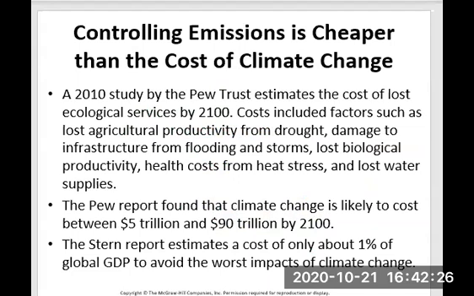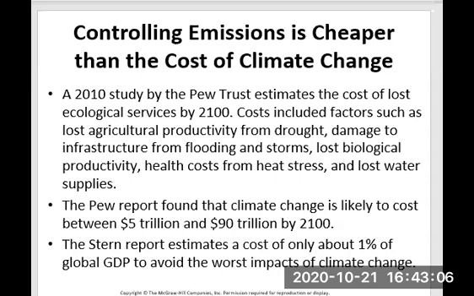It has been found that controlling emissions is cheaper than the cost of climatic change. A 2010 study by Pew Trust estimates the cost of lost ecological services by 2100. The costs include factors such as agricultural productivity lost from drought, damage to infrastructure from flooding and storms, lost biological productivity, health costs from heat stress, and lost water supplies. The Pew report found that climate change is likely to cost between $5 trillion and